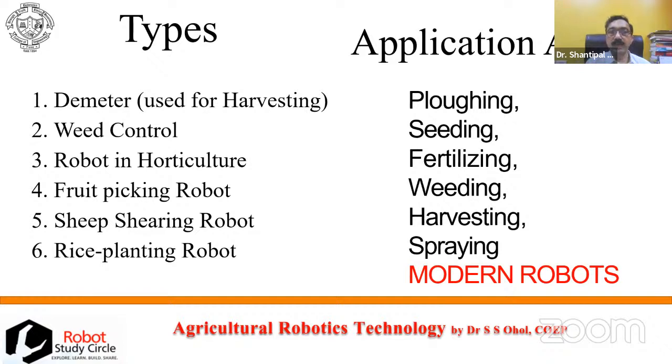This topic goes hand in hand. Types are weed controlling robots, Demeter or harvesting robots, robot in horticulture, fruit picking robot, sheep shearing robot, or rice planting robot. These robots are being used for weeding, fertilizer, seeding, plowing, spraying, and I would like to present few